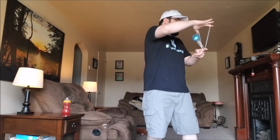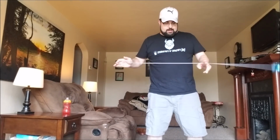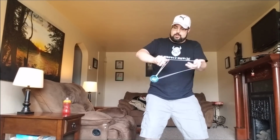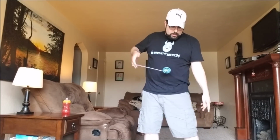Good size too. It's not as wide as yo-yos of like 2018 are. They didn't make them as wide, well, as often as wide in 2016. So this one, sort of that more standard size, that standard width, but still plenty wide, and it's kind of a nice V shape. So you do get a lot of